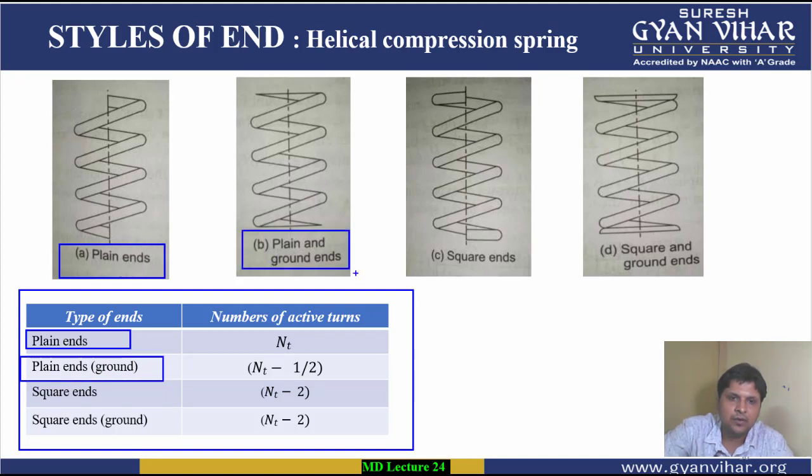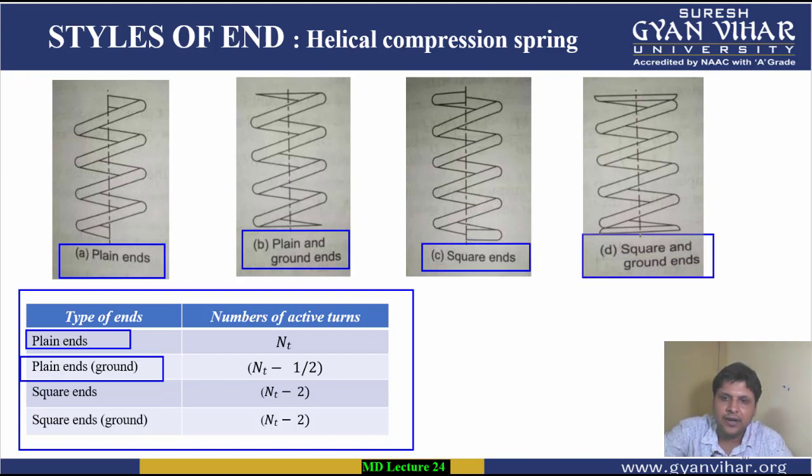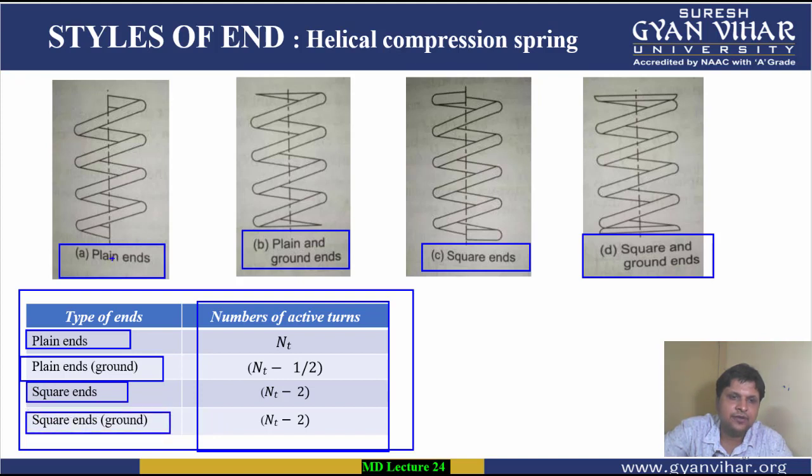All right. Third is the square ends, and the fourth is the square and ground ends. So basically there are 4 types of ends made on the spring, and generally the number of active turns considered in all 4 is different from each other. In the case of plain ends, we don't do any alteration or modification with the end of the spring. These are generally known as plain ends